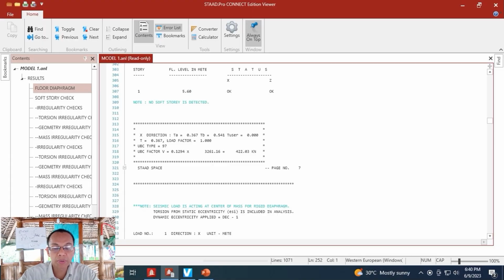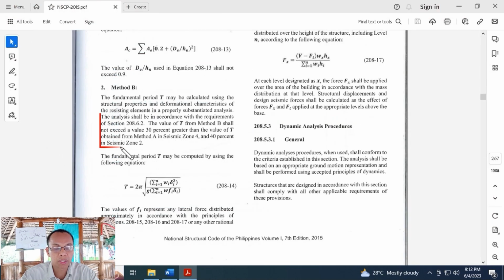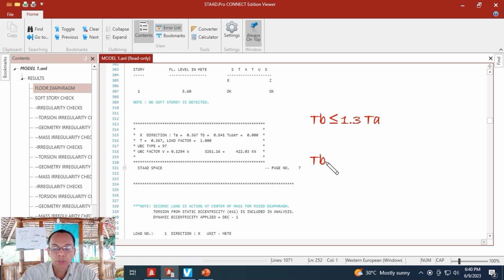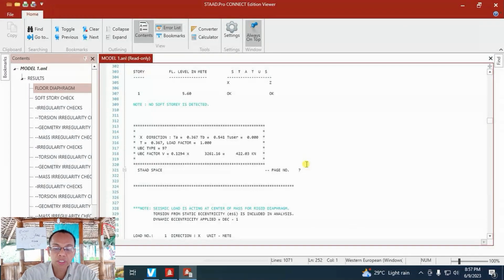Take note, it is recommended that the period TV here is less than or equal to 1.3 TE according to NSCP section 208.5.2.2 method B. So meaning, TV should be less than or equal to 1.3 times 0.367, or 0.477. And our existing TV is 0.541, which is greater than 0.477. So we have to decrease the TV value from 0.541 down to